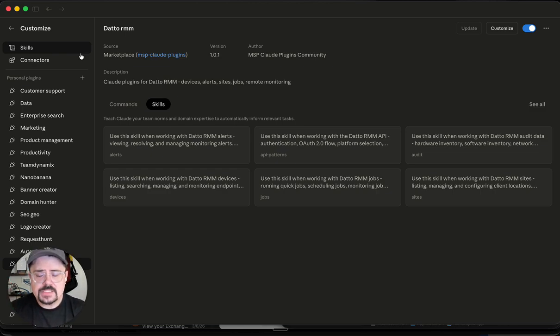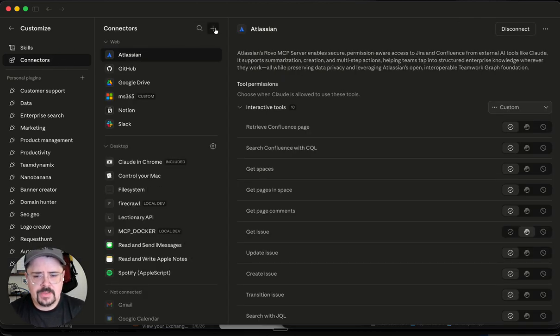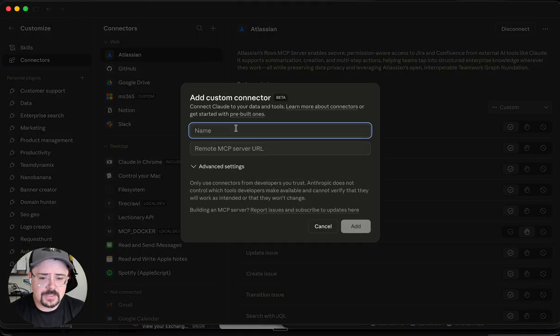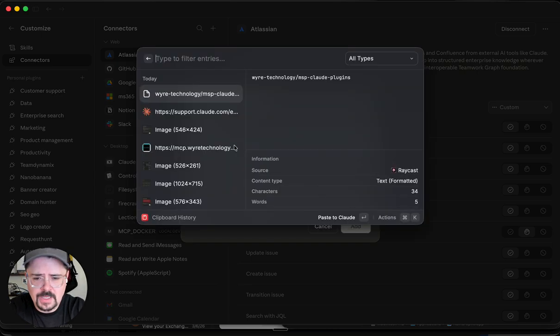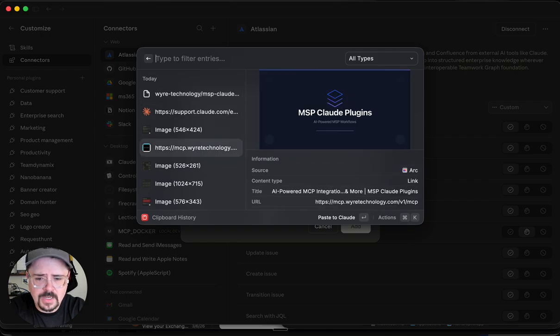So this can be, if you're running these locally yourself, this can be through Docker Desktop. If you're self-hosting, if you're running these through something like Cloudflare or DigitalOcean, you're going to add these roughly the same way. So let's go to connectors, and then the little add button up here, if you click the plus, and we're going to add a custom connector. So MCP, or rather I'm going to do MSP, MCP, and then I'm going to go ahead and snag my